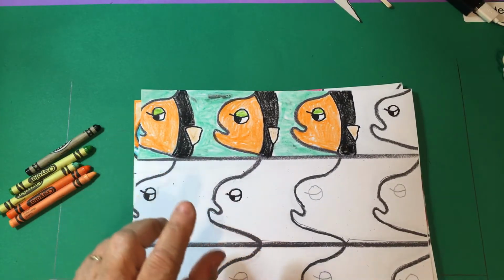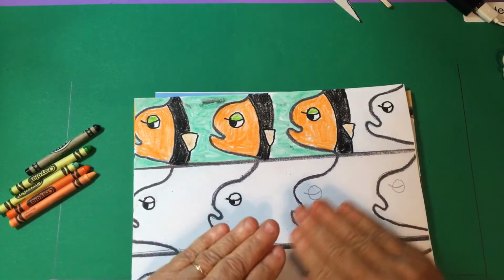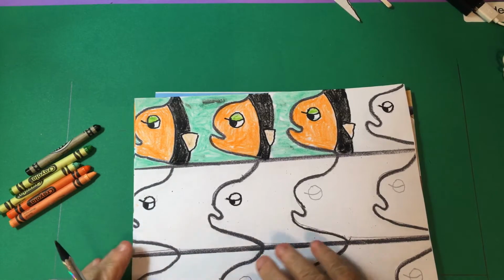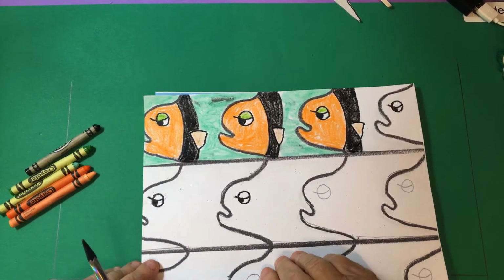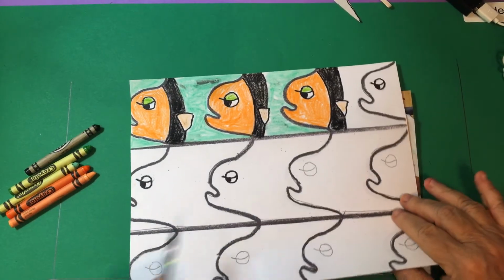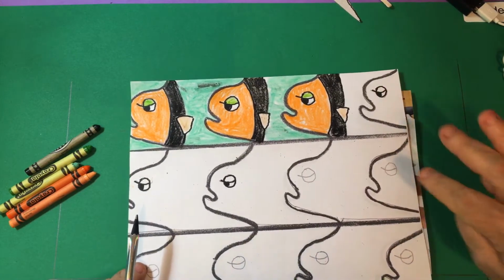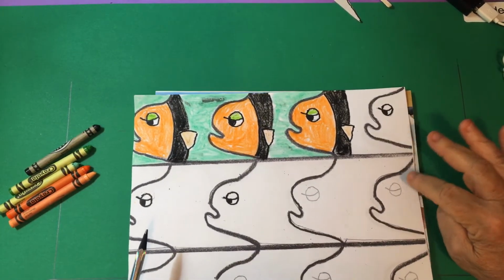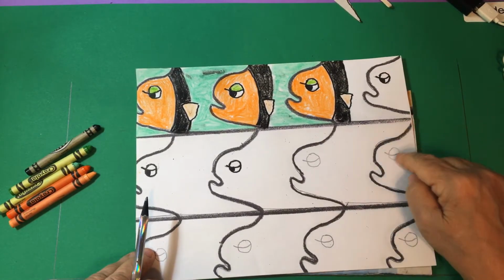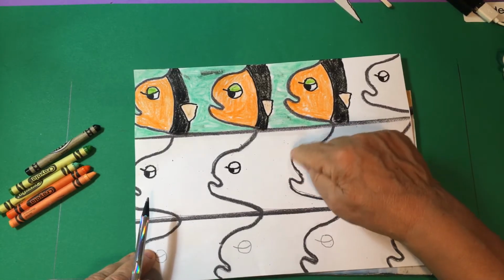Ta-da! All right, so what you're going to do when you decide what you see in yours is you can take your pencil first and put in the details. The first detail I put in was an eye. And I put it in every one first, exactly the same. Now you have to be careful because you might not have enough room in the end pieces for the eye, but this one had enough room because the eye was close to the curve of the fish's nose there,